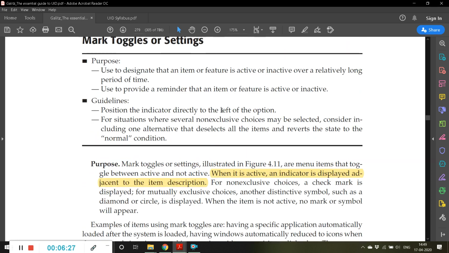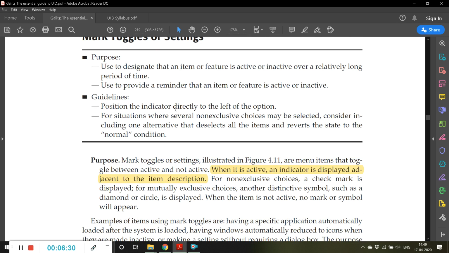Then guidelines: position the indicator directly to the left of the option, which is why these check symbols are positioned left of the option. For situations where several non-exclusive choices may be selected, consider including one alternative that deselects all the items and reverts the state to the normal condition.